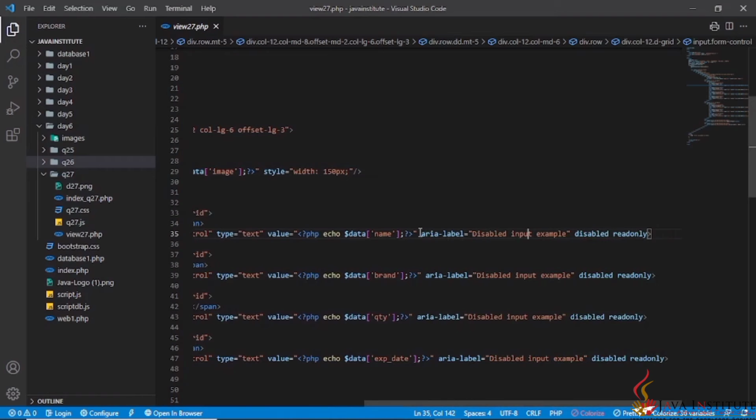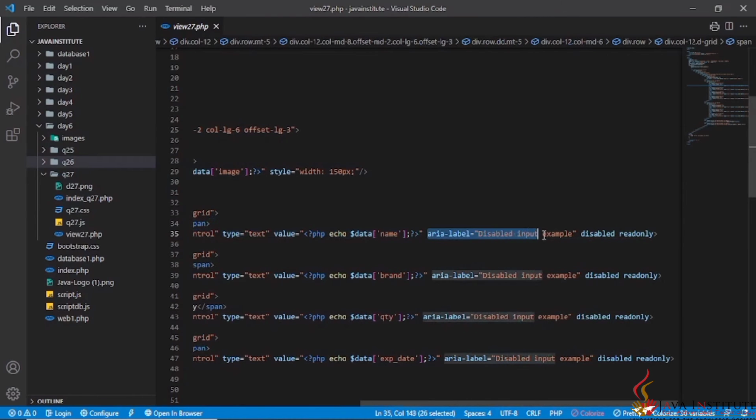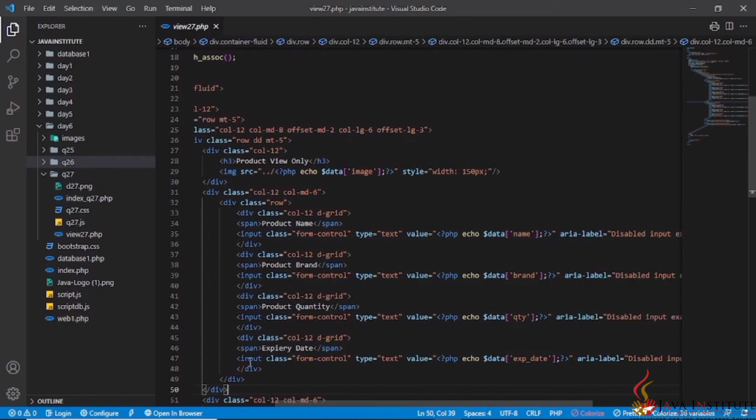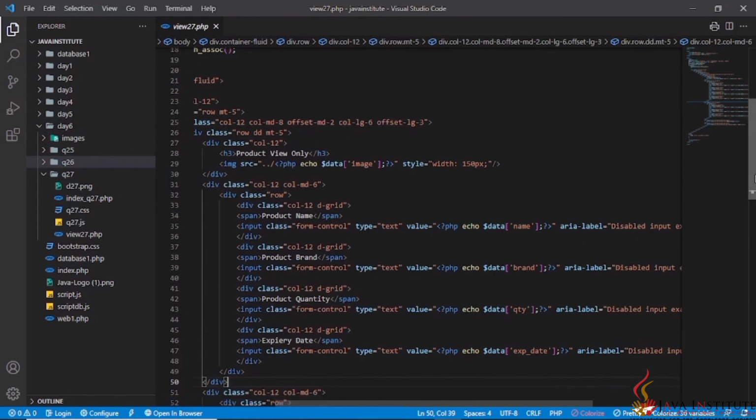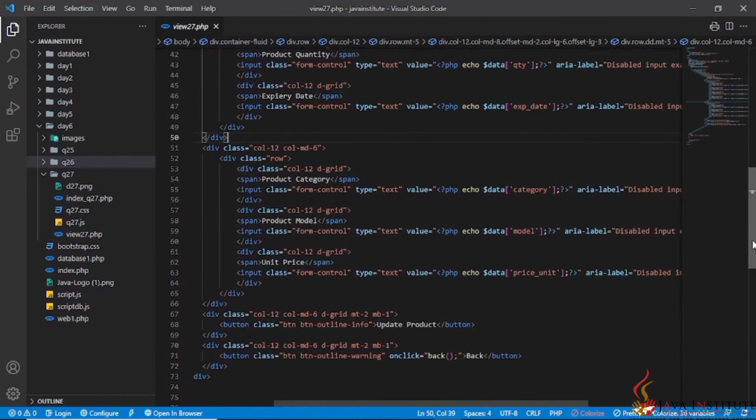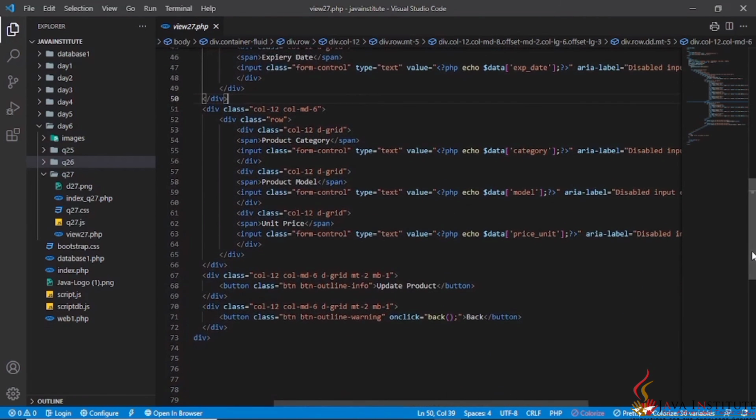If we put aria-label disabled input example and disabled readonly, we can create a disabled input field. I have created all the input fields here in that disabled manner, because the question said that this field should be in disabled mode. And this is the button for update product.